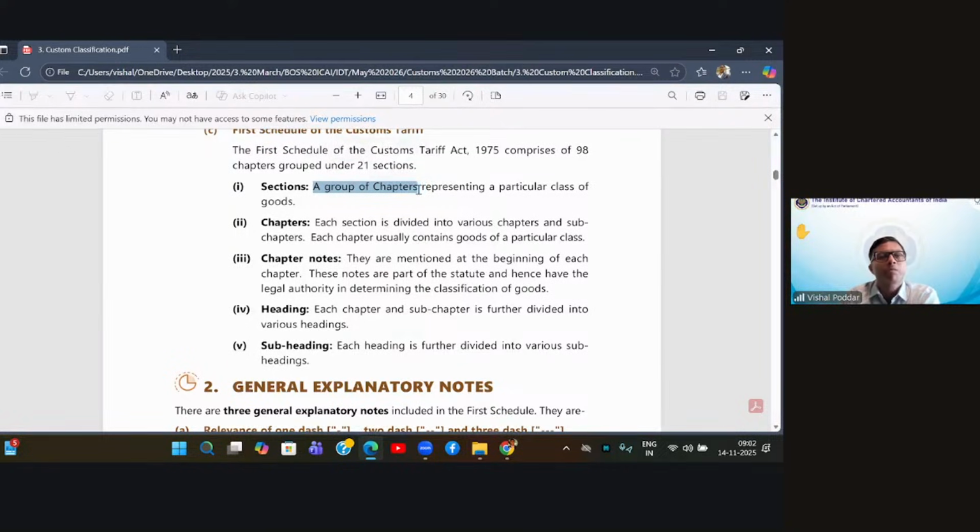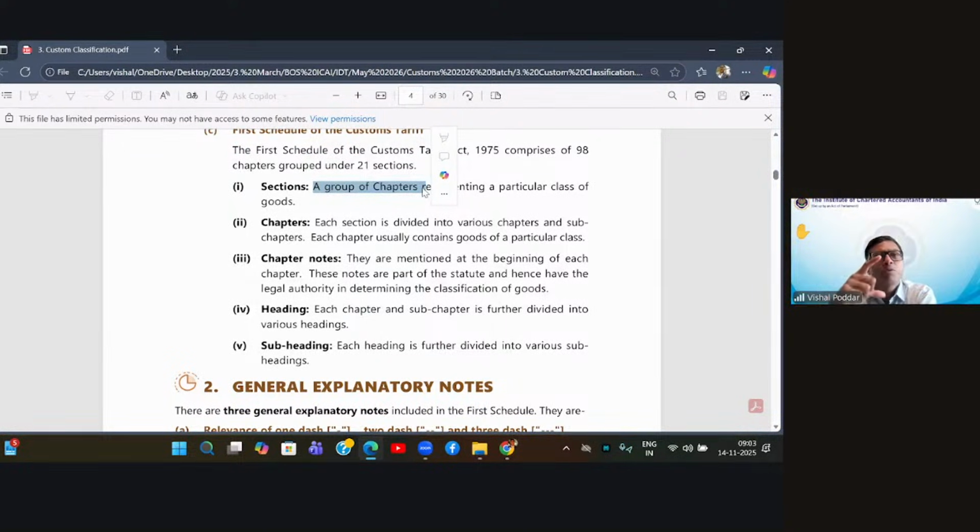Now, how have they decided to make these 21 sections? Where similar chapters are there, they are grouped into one heading or one section. This happens with our notes also. Our notes are bifurcated into 4 parts. If you go to the BOS portal and you go to our notes, you'll find it in 4 parts. So you can say our entire syllabus is divided into 4 sections, correct? And every section has some chapters. Same logic here. HSN, which has 98 chapters, is divided into 21 parts. Like how our indirect tax module is divided into 4 parts, HSN is divided into 21 parts.